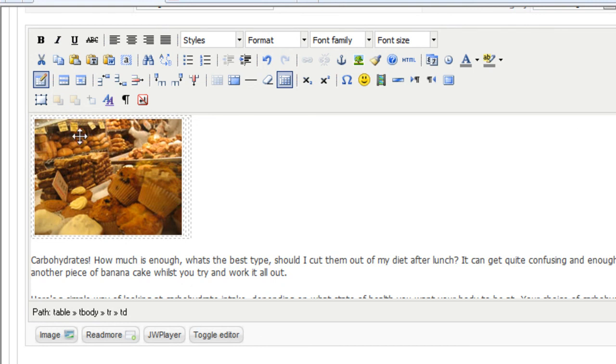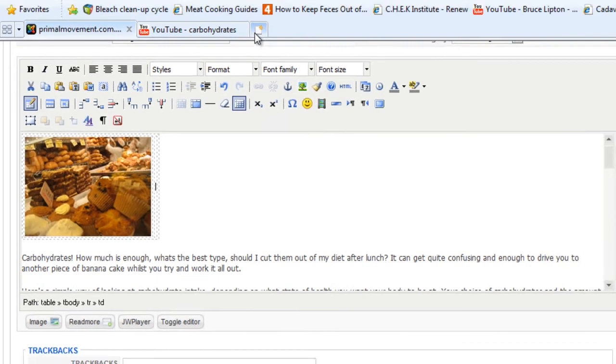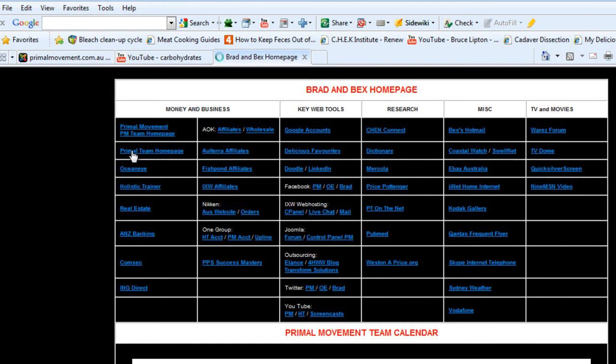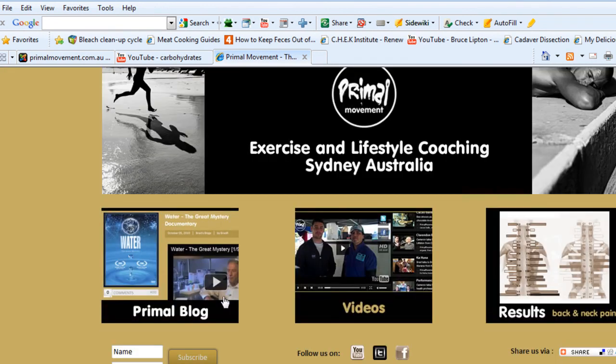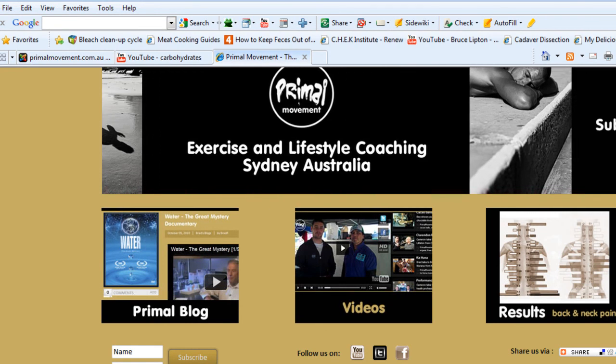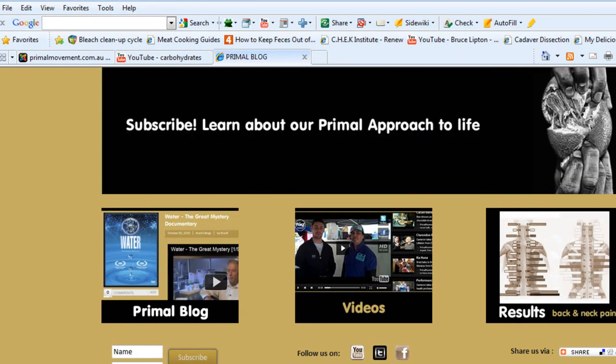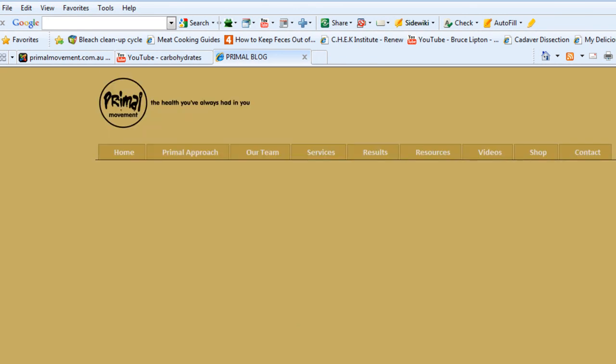So this width 200 is very important, because when you actually go to the actual website, the Primal Movement website, when you go to the blog, you'll see that the image comes up on the left hand side, and you want to make sure that it actually sits there correctly and doesn't take up too much room. So as you can see here on the left hand side,